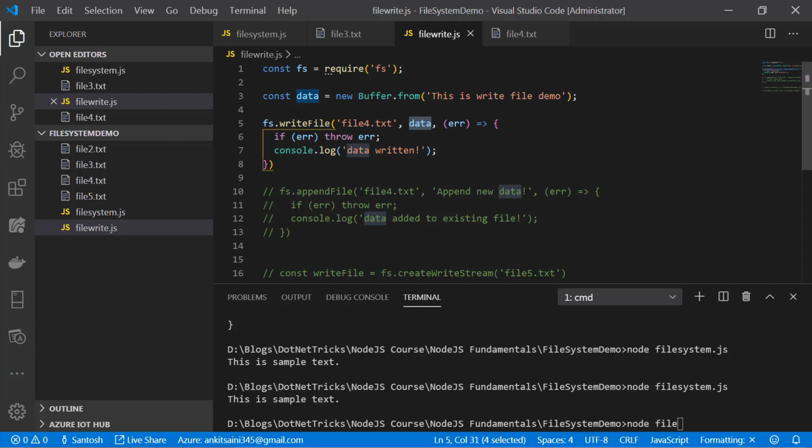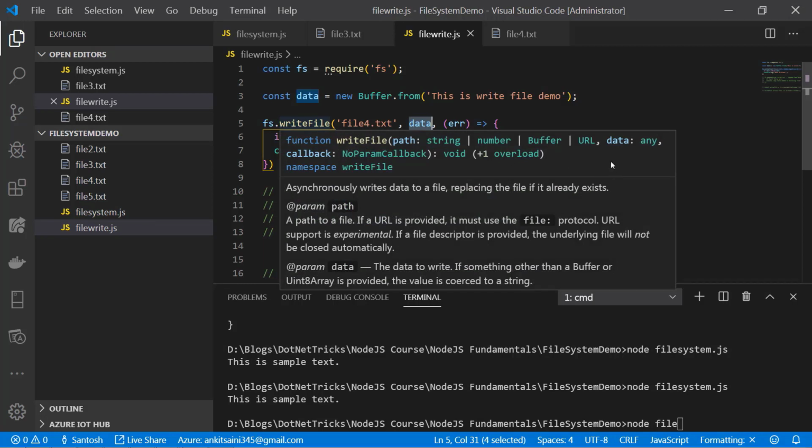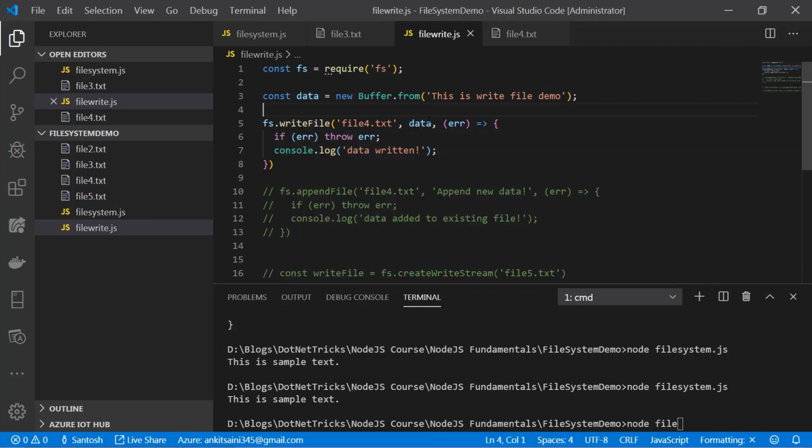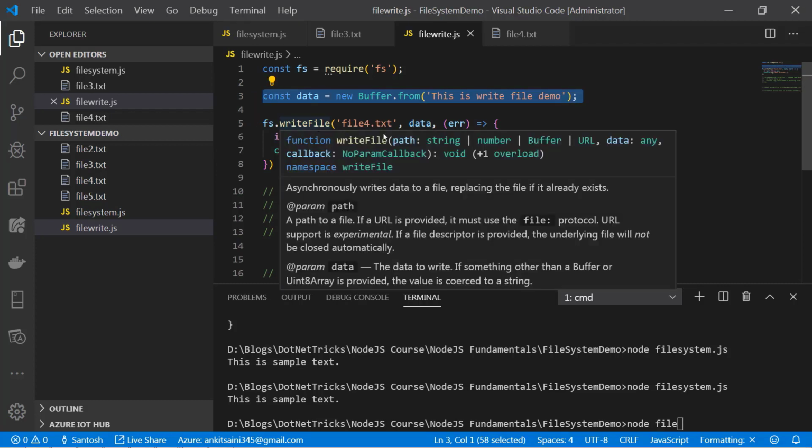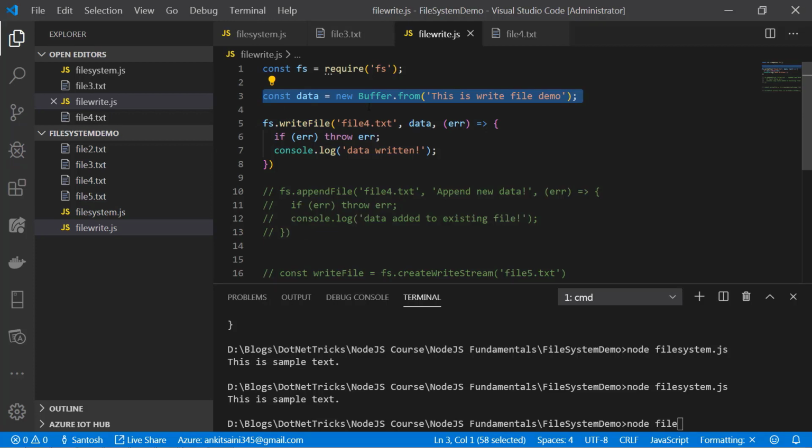So if I hover above this particular function, you can see the data can be type of any. In this case, I have created a data from buffer. If you remember, in one of the videos we discussed buffer, where we saw the different ways to create the buffer. Here we have used the from function by passing a string, and we are creating the data, and then we are getting a callback in case something fails, and then we are just doing a console.log that data